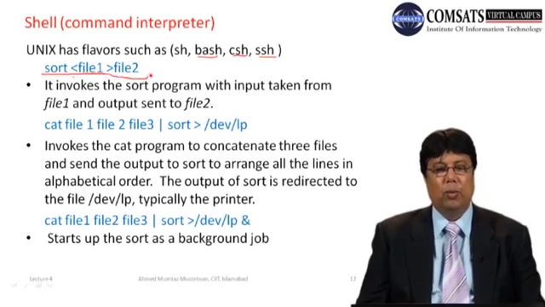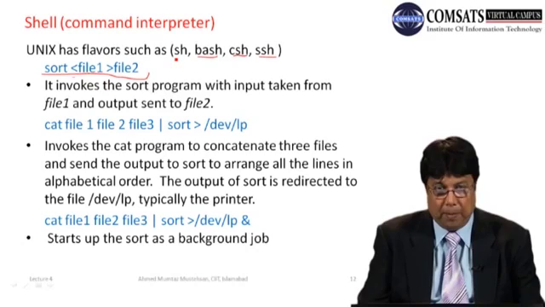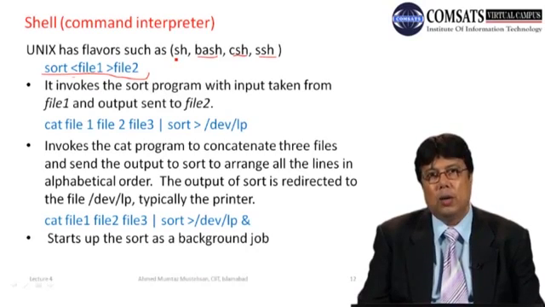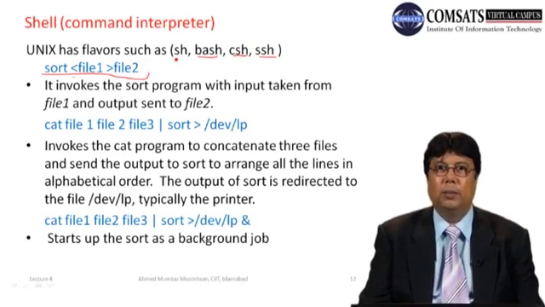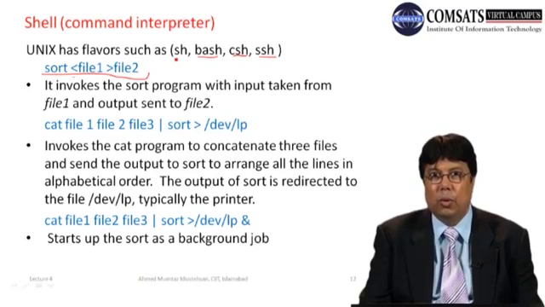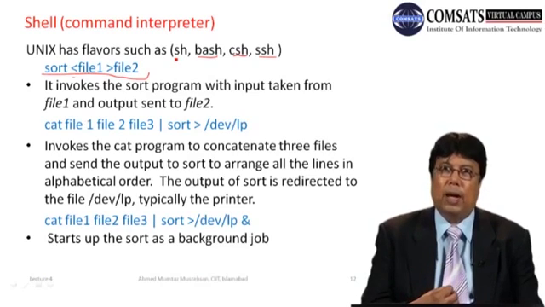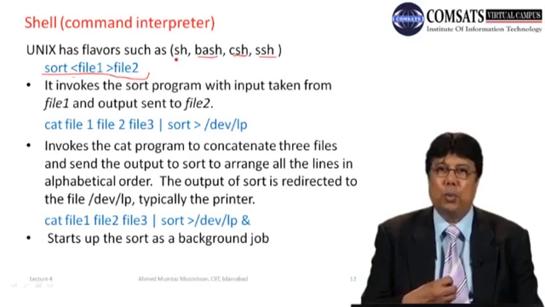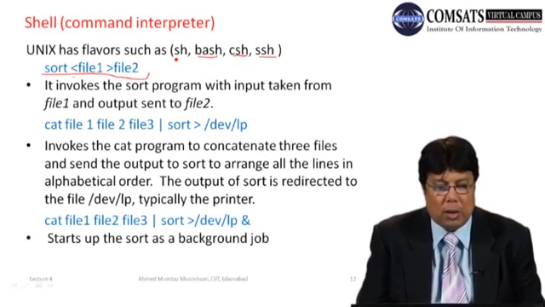file1 into file2. It means locate the file file1, and it will automatically look into your current working directory. It will locate file1, open the file, read from the file, sort the contents of the file and write the output into a new file. The name of the new file it will give as file2. So it will open an existing file, file1, sort the data of file1 and then write the output back into file2. So आप देखें एक सिंपल सी कमांड के साथ sort file1